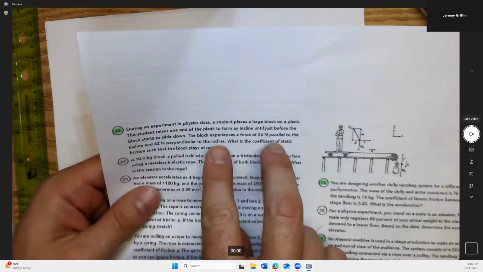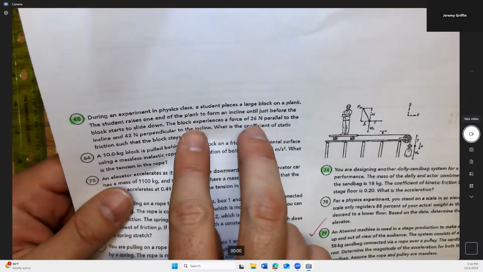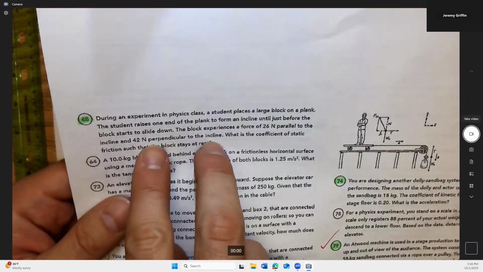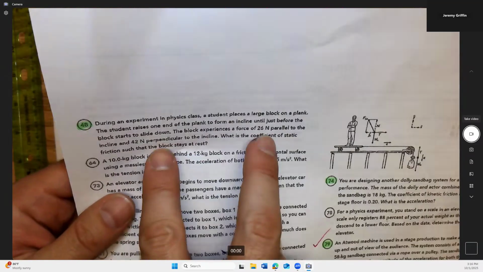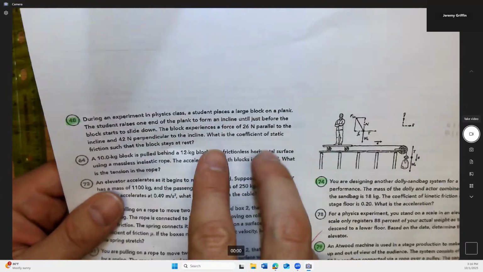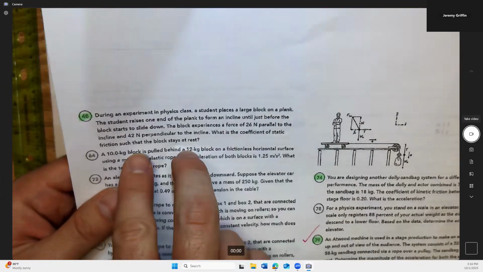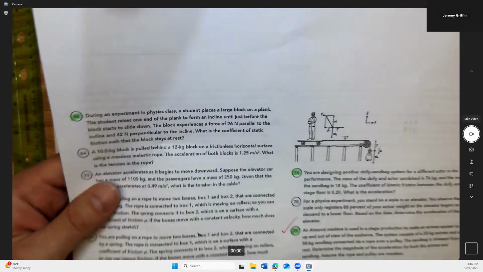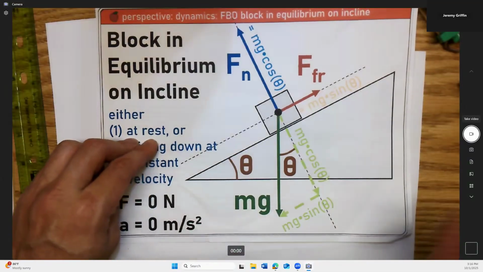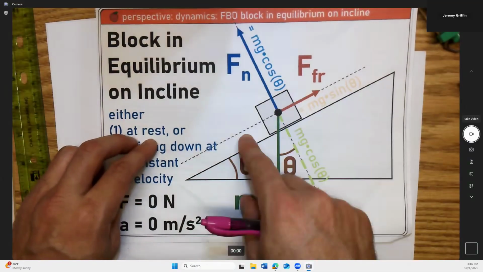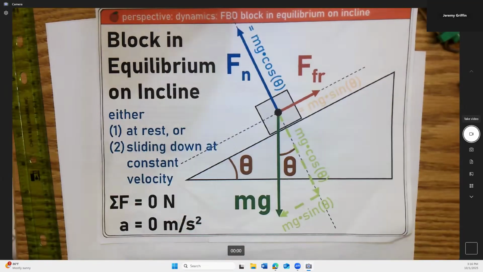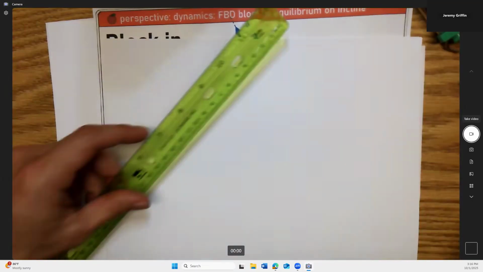The block experiences a force of 26 newtons parallel to the incline and 42 newtons perpendicular to the incline. I think they're talking about, well, you guys be thinking about that. What's the coefficient of static friction? So the block stays at rest. And it stays at rest. Isn't at rest one type of equilibrium? It's either sliding at constant velocity or staying at rest. Either one, you get the same free body diagram, like I said. So if I draw that out,